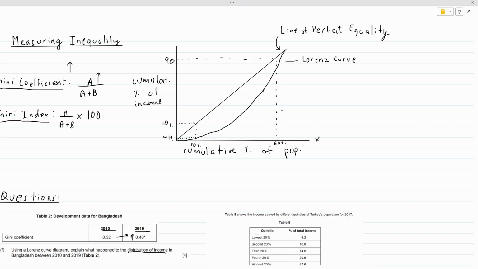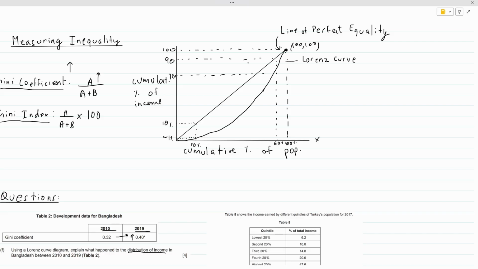And you can see the bottom 90% earns about, let's say this is 70. Now what this means is, since this is a cumulative graph on both axes, the final point, this point, regardless of how you draw your curve, the final point will always be 100, comma 100, where the cumulative percentage of population, or the entire population, can obviously own no more than 100% or no less than 100% of the country's wealth.